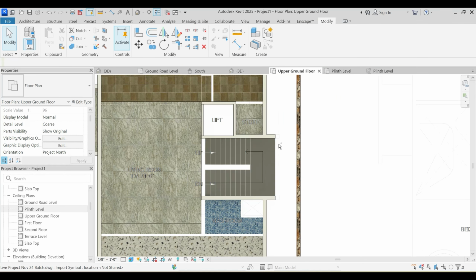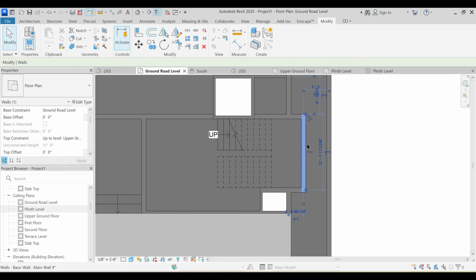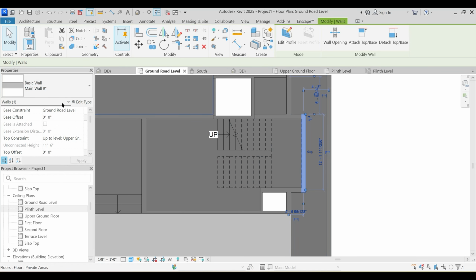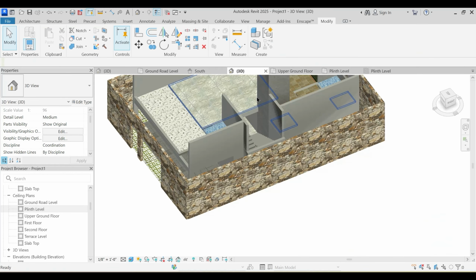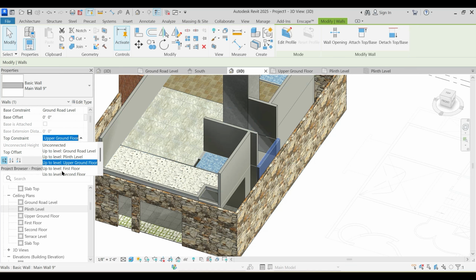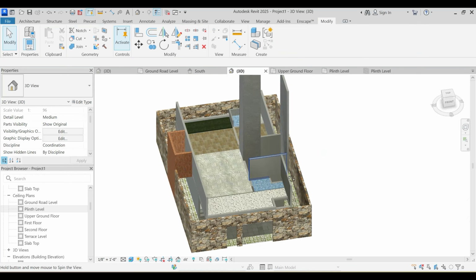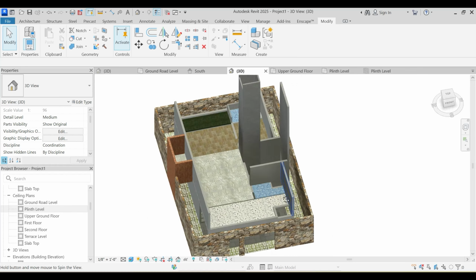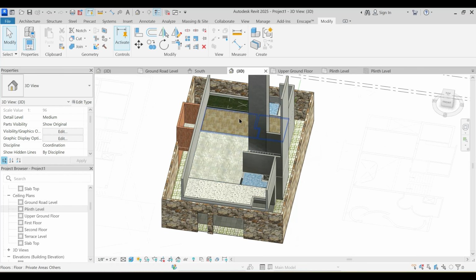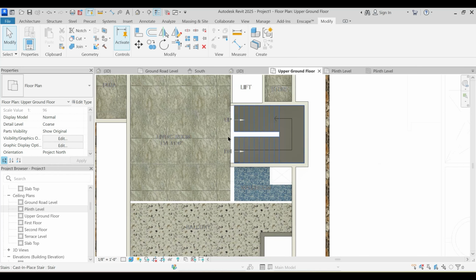And this particular wall, we're just going to go to ground floor level, and this wall will come till the slab top. So I will just change this particular constraint, select this wall, and change the top constraint to, let's say, slab top, because that wall will go all the way till that particular designated level, and ground level, and left is this